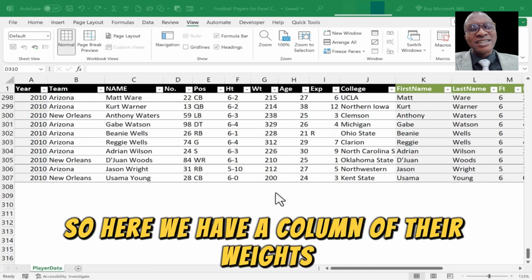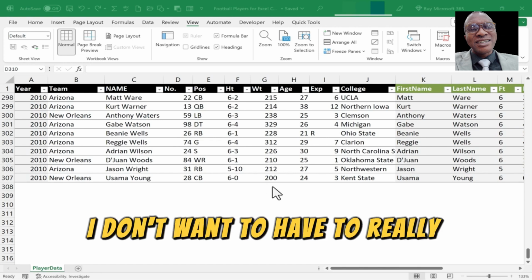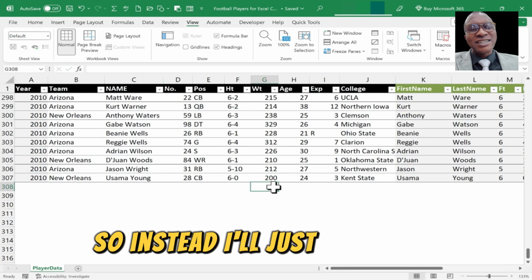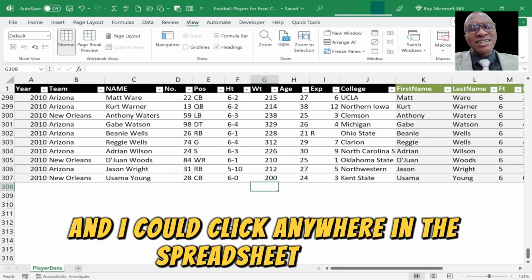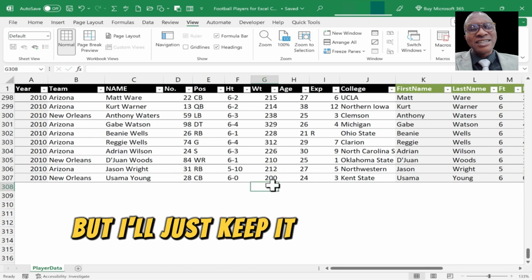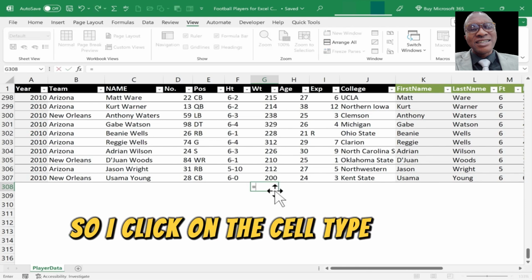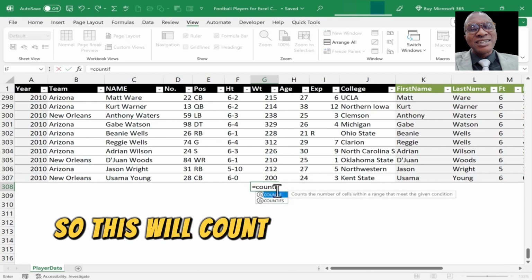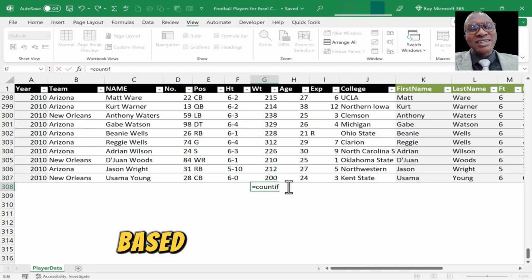So we have the column of their weight, and here are 307 total players. I don't want to count through those manually. So instead, I will just click here, and I could click anywhere in the spreadsheet really, but I will just keep it in the weight column. So I will click on the cell, type equals COUNTIF. This will count each of the cells that I specify